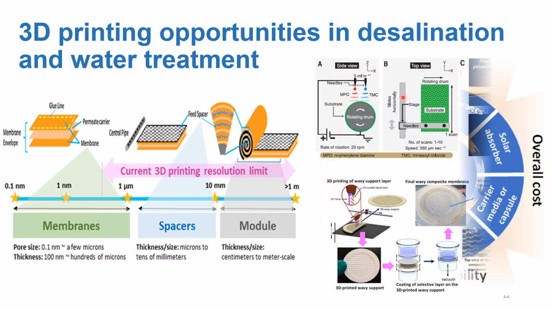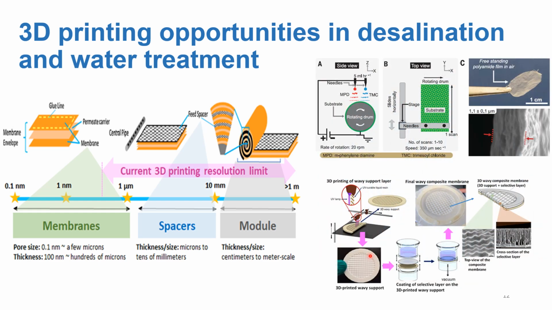Some of the examples in literature that have used 3D printing is, for example, in this case, a support layer for membranes. We can fabricate support layers because they are kind of big in terms of resolution, so it's okay to be printed as a 3D printed support layer. And on top of this support layer, you can fabricate separately the membrane itself. This one will only act as a support layer for the membrane, so that it will be stable when it is used in a high pressure or pressure driven process. So this is one example of a support design that was printed by 3D printing.